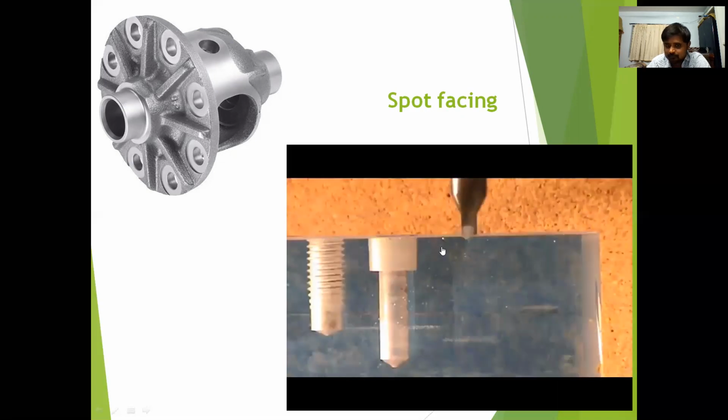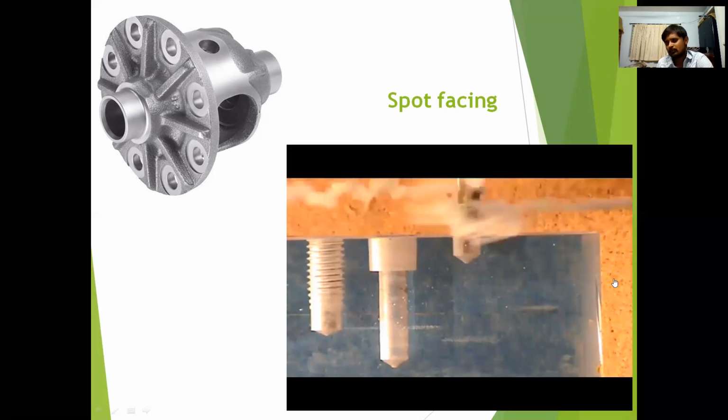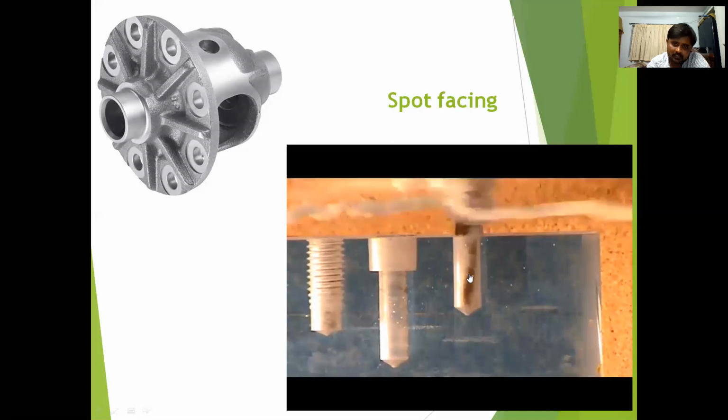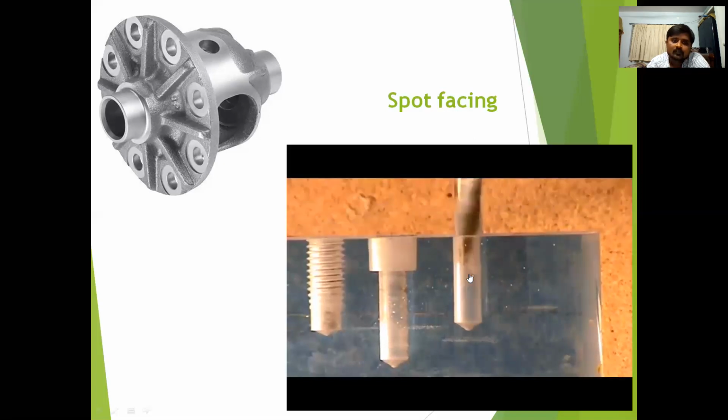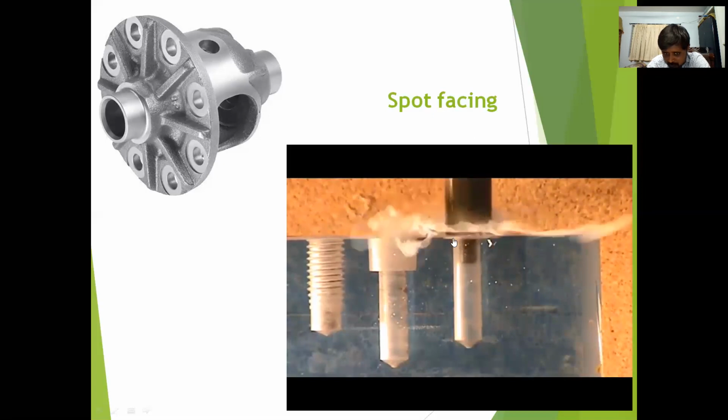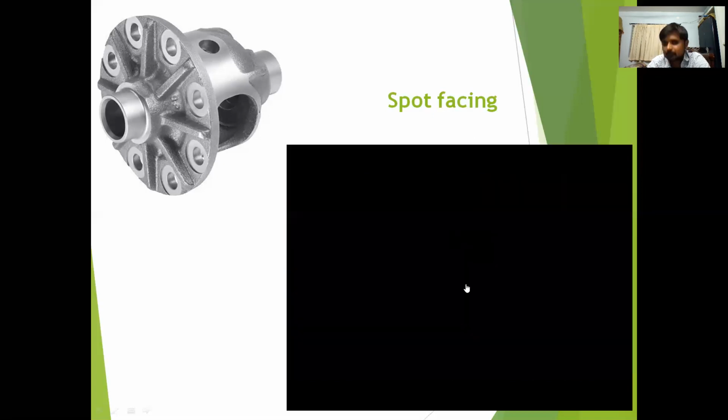First we are going to make the hole. By using drilling, we make the hole, because if you want to perform all these operations, first of all you should have a hole. After completion of the drilling only, we perform all these operations. So this is drilling. This is a reaming operation. Then spot facing. You can observe we enlarge only up to some portion. Let's see here, you can observe the depth. So this is about spot facing.